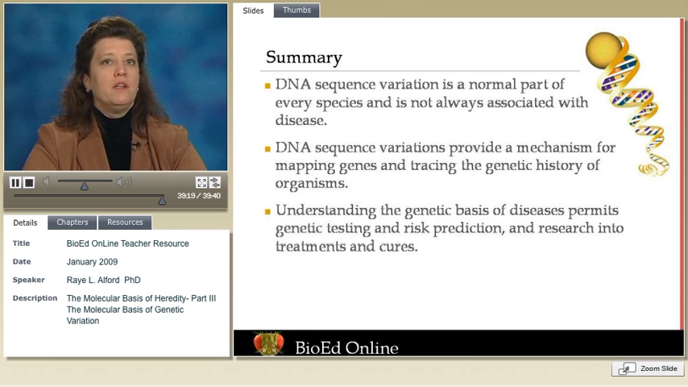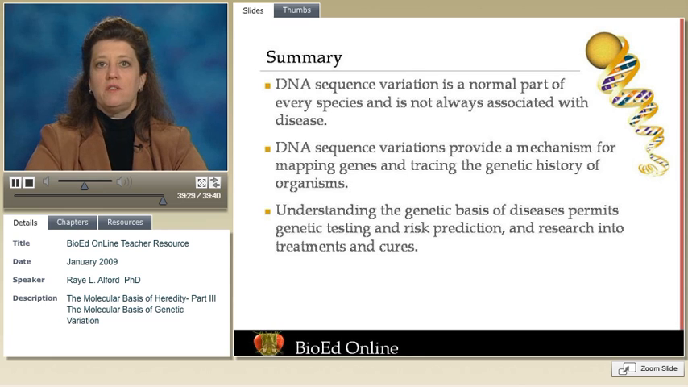In summary, DNA sequence variation is a normal part of every species and is not always associated with disease. DNA sequence variations provide a mechanism for mapping genes and tracing the genetic history of organisms. Understanding the genetic